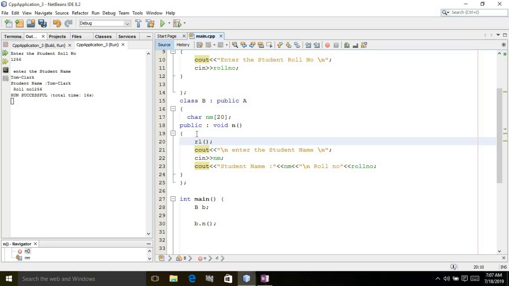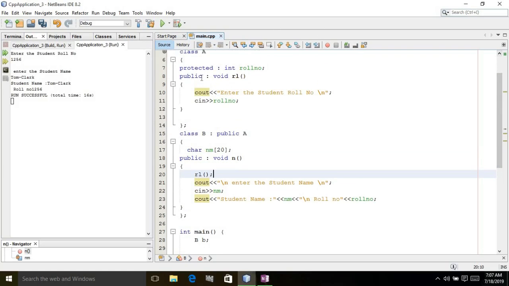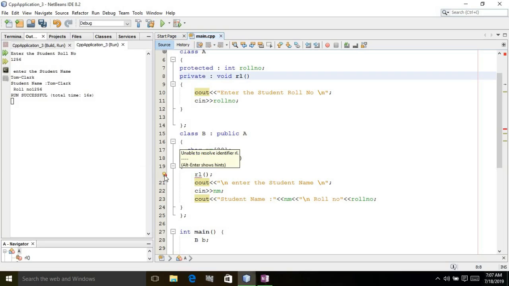Could it be accessible? Yes, it could be accessible because it is public. If you make it private, then it could not, and it shows you the error unresolved,